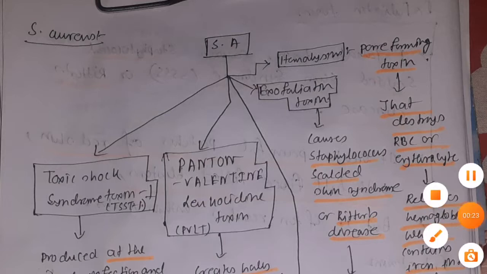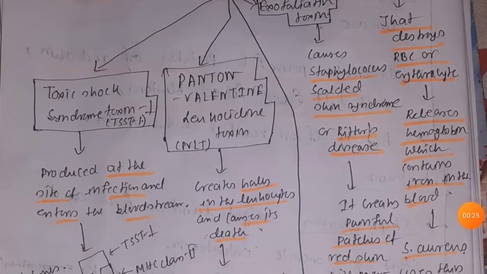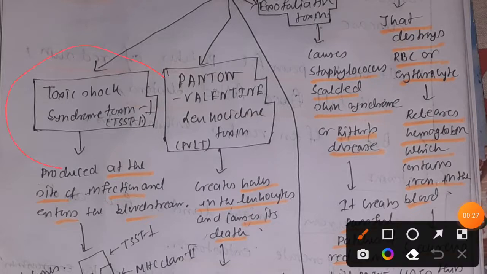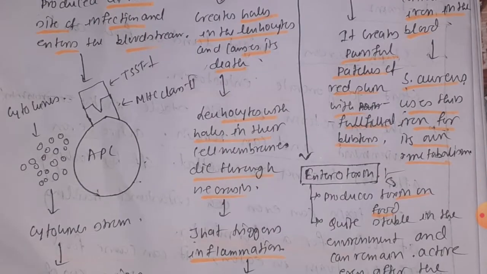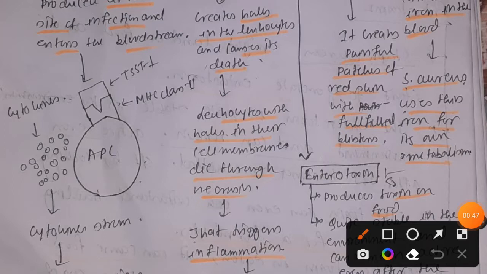So the first important toxin that I am going to discuss is toxic shock syndrome toxin 1, commonly known as TSST1. Okay, so this toxin is produced by Staphylococcus aureus at the site of infection, and it then enters into the bloodstream. Inside the bloodstream it will bind with the MHC class 2 molecule, which is present on the surface of